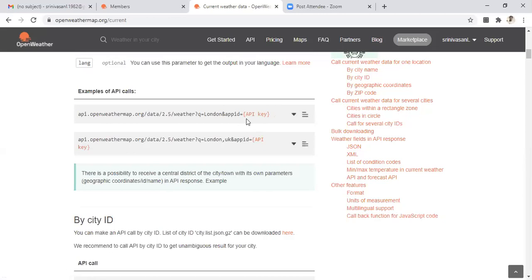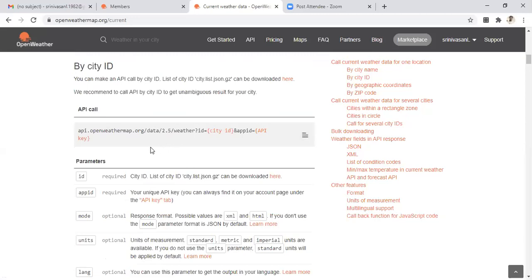Then after that you have to paste your API key. I told you what an API key is. I'll copy and paste it from my notes.